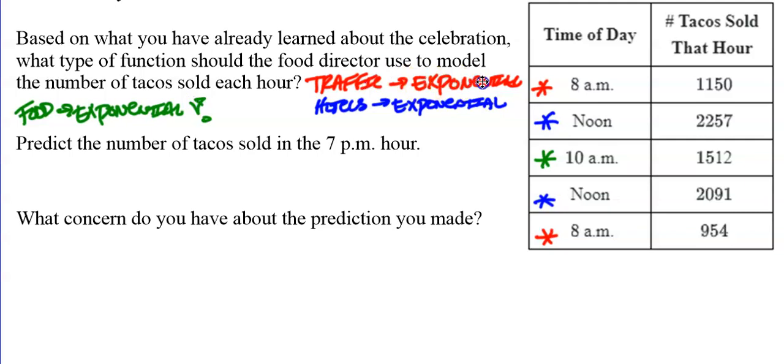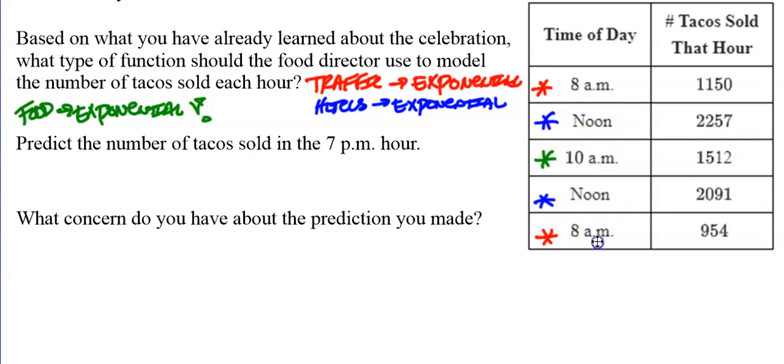If the people driving in is exponential, the people staying there is exponential, and we're probably going to have exponential food consumption. So what we have to do is come up with some form or sort of equation for this. That's going to be a little bit difficult, but I'm going to use some average numbers for these